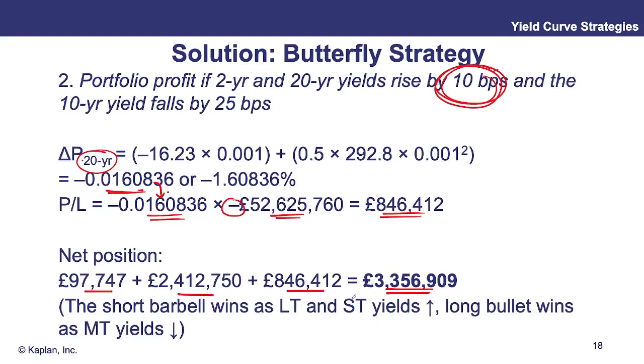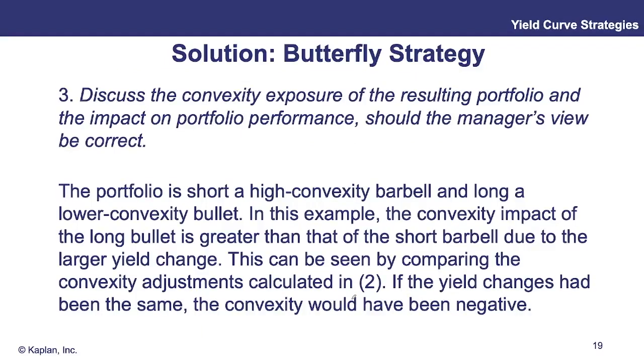Okay, the final thing to do in this question is a little bit more qualitative. Discuss the convexity exposure of the resulting portfolio and the impact on portfolio performance should the manager's view be correct. We saw what happened when the manager's view was correct. So I think a little bit of guidance here in the nature of the question. We can answer it,